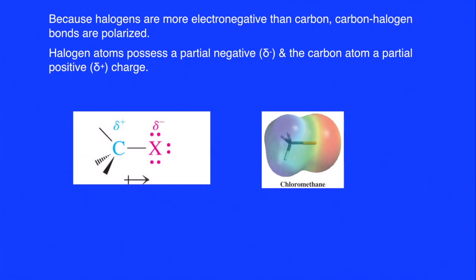And so it's more electronegative, and so they polarize. The halogen atoms, again, possess the partial negative charge, as I showed earlier. We see that here, and the carbon has a partial positive, so making that difference. And we often say that a dipole moment we put on here, and the way we showed is going from this direction. So you can think about there's a little positive charge here, showing the positive end going over to